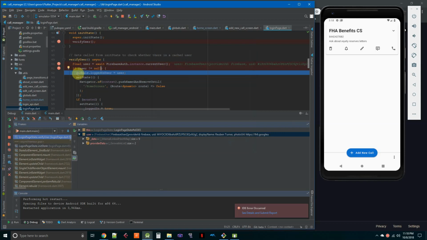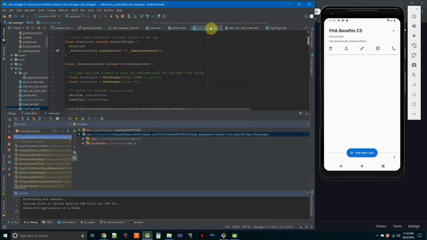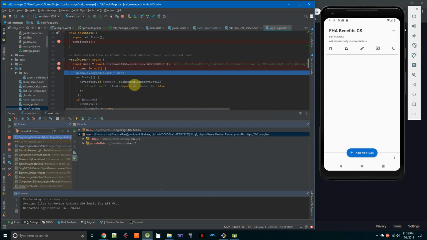And so what I'm doing here is I'm setting a variable in my globals file here, this Firebase user logged in user. A globals file is a conversation for a whole other time. And I'm setting that variable to this Firebase user. And then